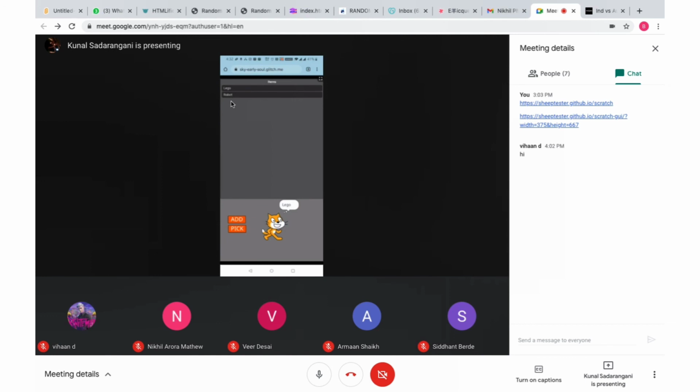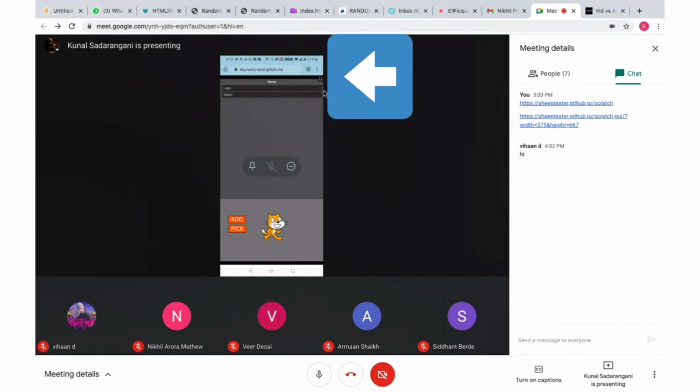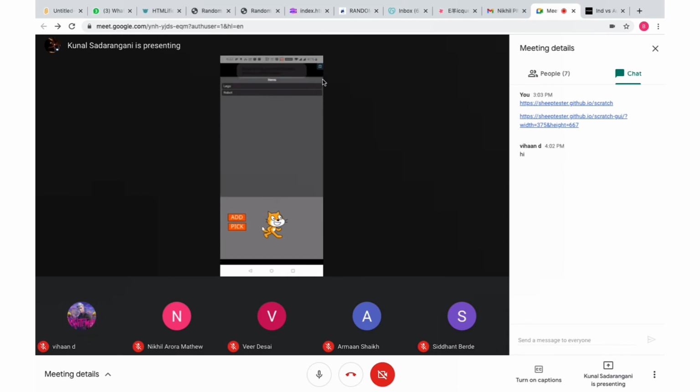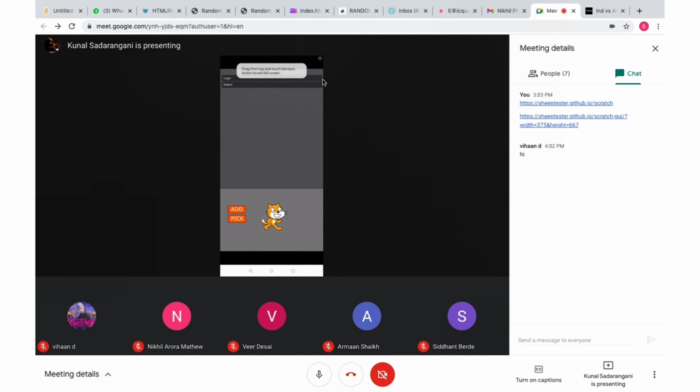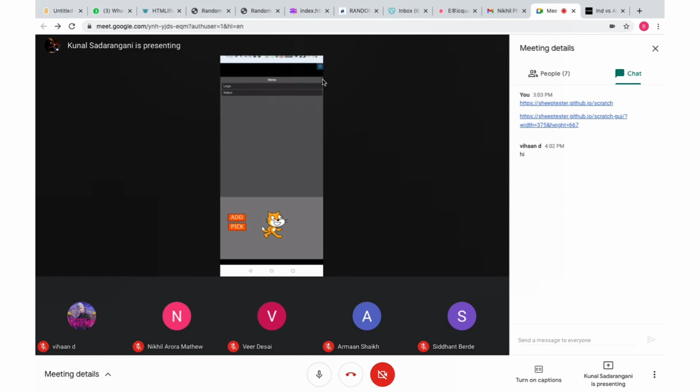Okay, and on the top right there is also a full screen button. If you guys can see, on the top, I'll try clicking it to show you. Yes. Yeah, it's a full screen button, so it comes in full screen. And the last thing, you can see the three dots next to the number 8. There are three dots. You just click on those three dots.